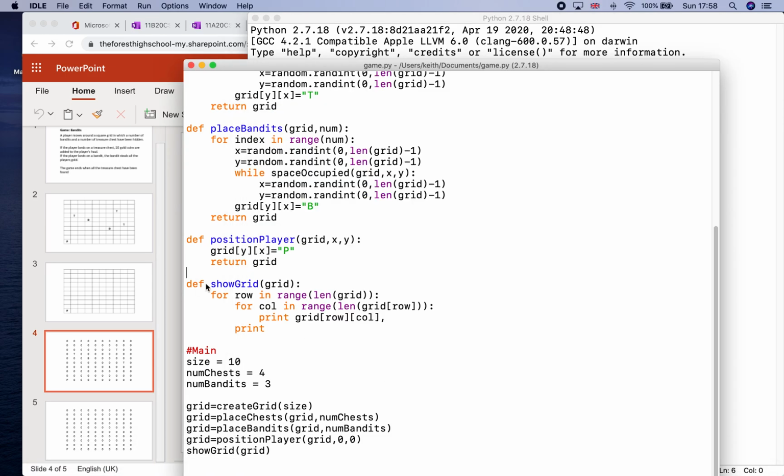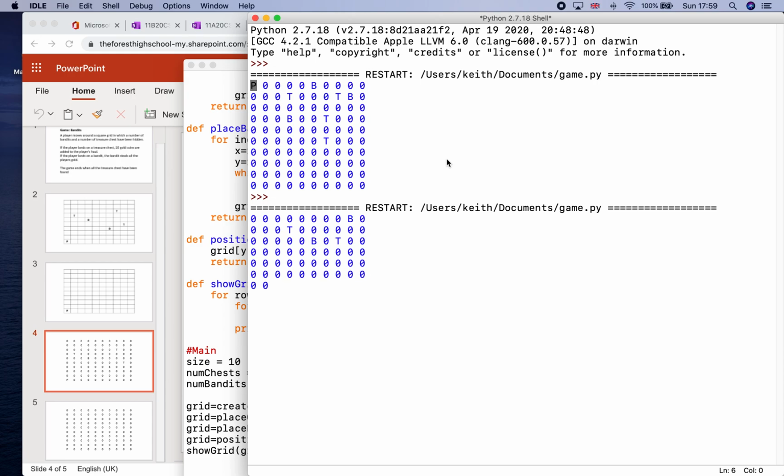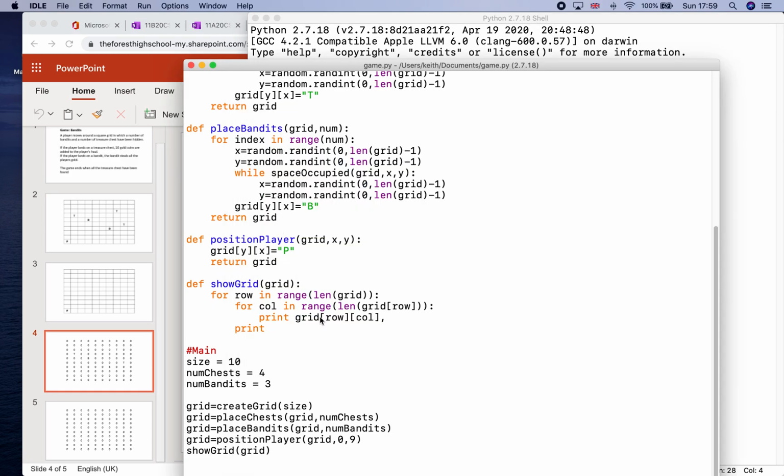So to do that, I needed to have the y value of 9. So let's run that program and see if that cures it. And then we go, I've got my P in the bottom left hand corner, which is where I wanted him to start. Now, I don't want to hard code values. The 0, I think that's fine. The 9,